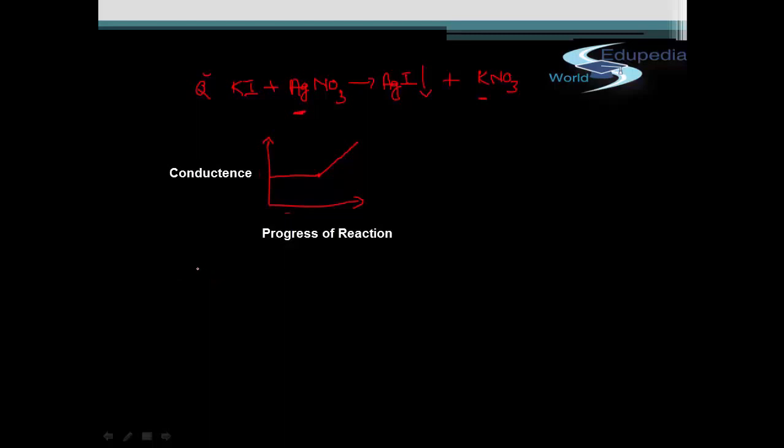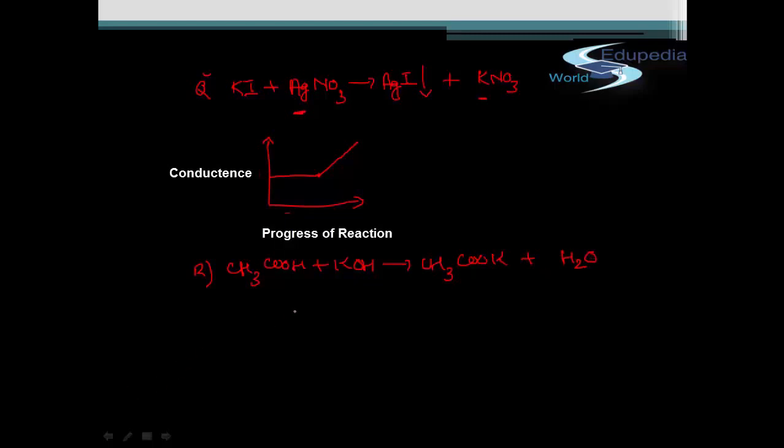Let us look at R. In R, what we are doing is adding a weak acid, that is CH3COOH, to a solution of KOH. Okay, what will be the products of this reaction? We all know we'll again get a salt, that is CH3COOK, plus water. These are going to be the products of this reaction.